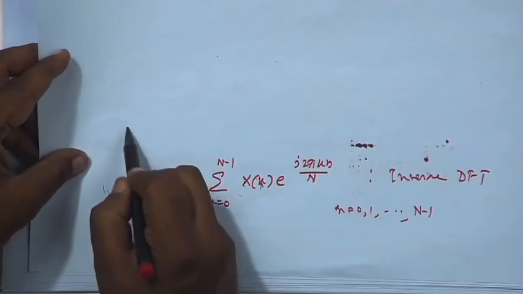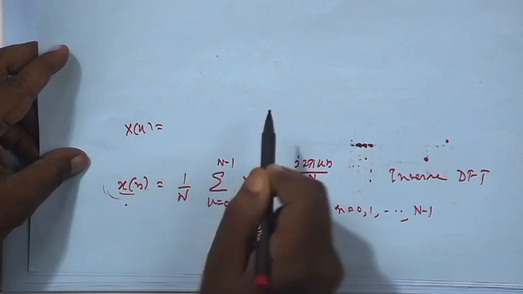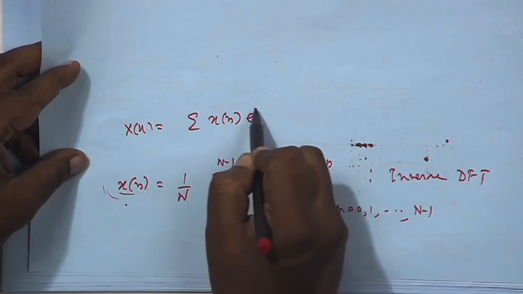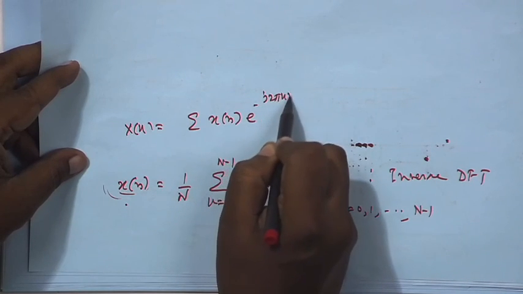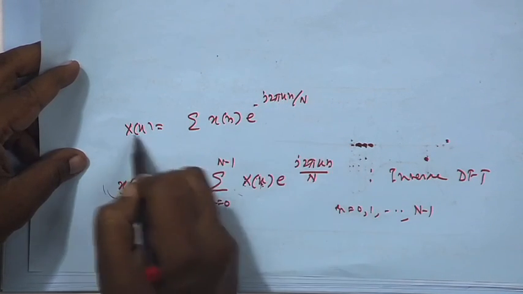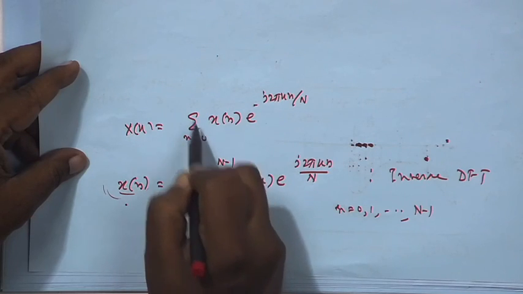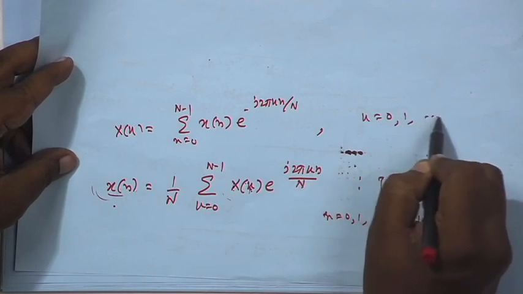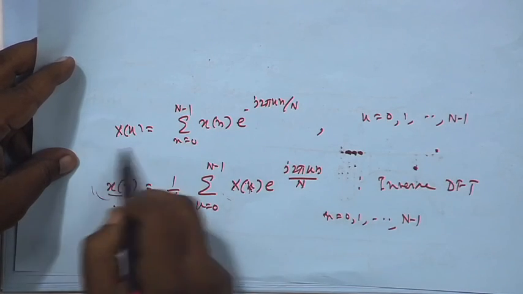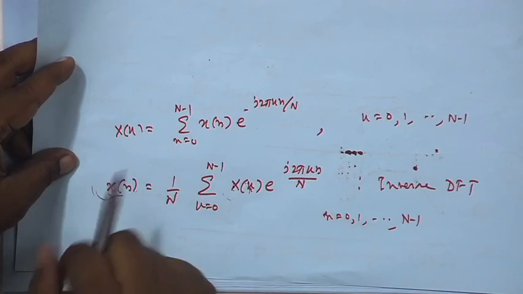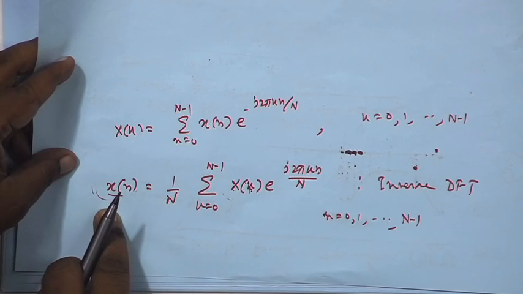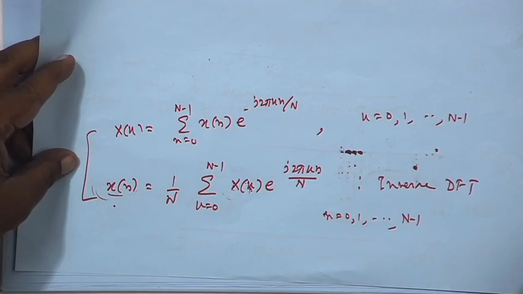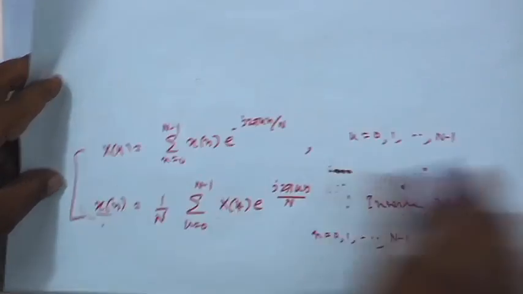So, what is X k? X k is called the N point DFT. Here you are summing over n, and k is fixed of your choice. The k range is the 0th sample, first sample, up to N minus 1th sample. So, find these X k's, the DFTs, and then using them you can get back your x n. This is the inverse DFT. Please go through this; we will meet again in the next class, but I need full clarity on this. Thank you very much.